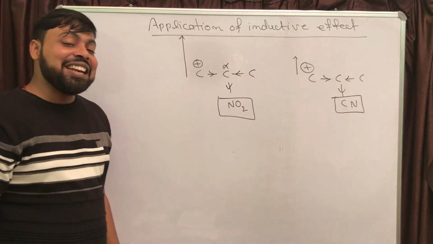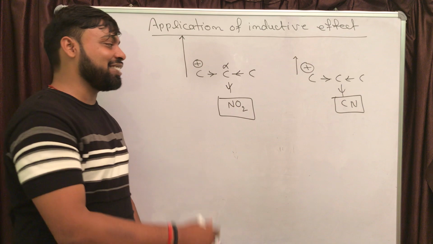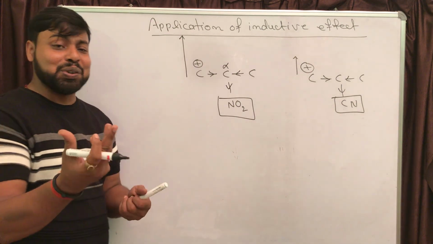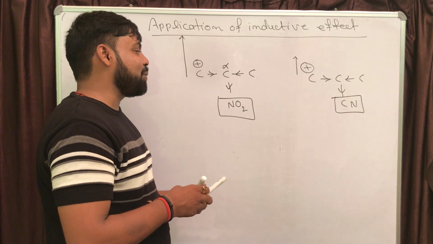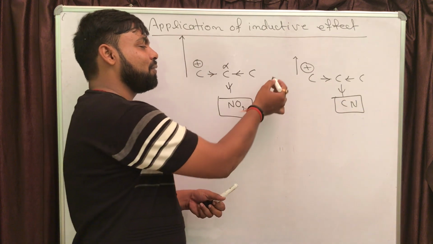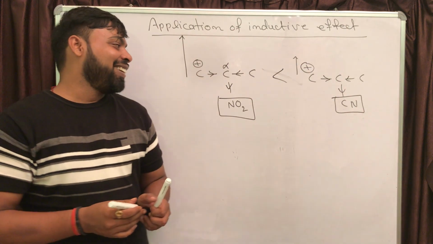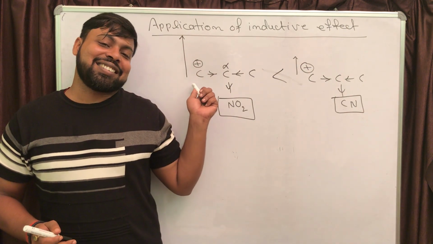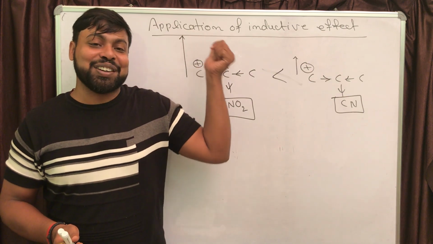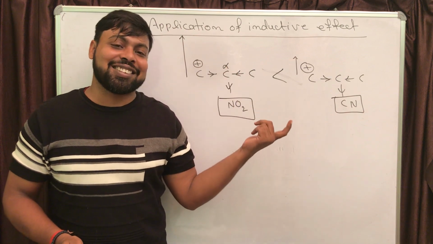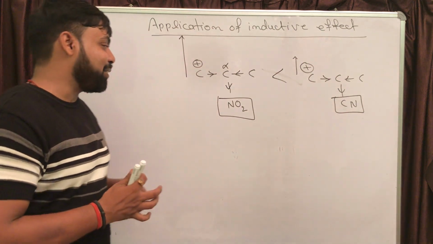And in the second case also, CN is electron withdrawing, and here also positive charge is going to be increased. But the increment in positive charge will be more in first case, because withdrawing power of NO2 is more than CN. So again we are going to use our universal fact, that more is the magnitude of charge, lesser is the stability. The magnitude of charge is definitely more in first case. So first one is going to be less stable, right? Here if you are withdrawing the electron, the magnitude of positive charge is going to increase. So more is the charge, lesser is the stability. Use that fundamental statement, use that universal fact, right?